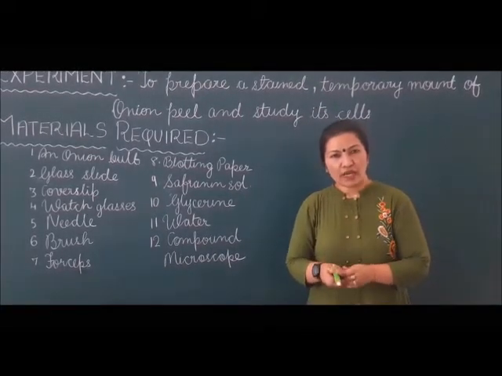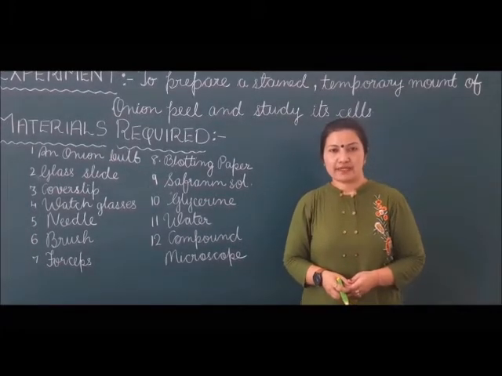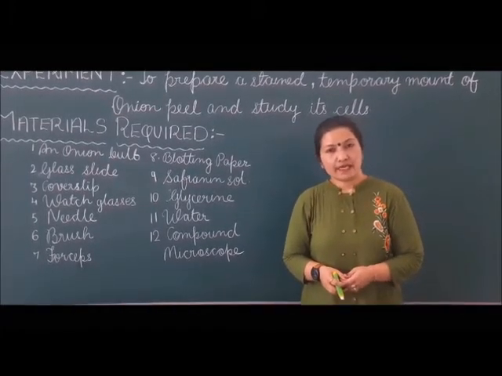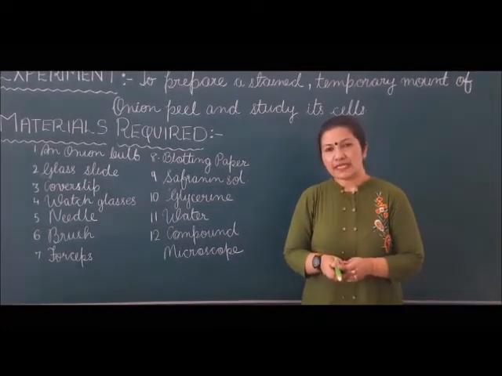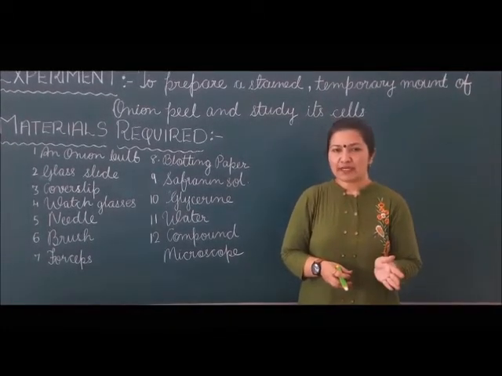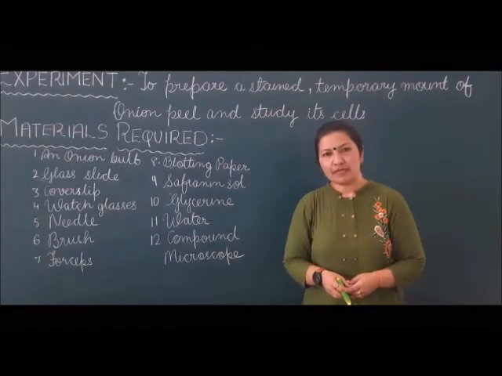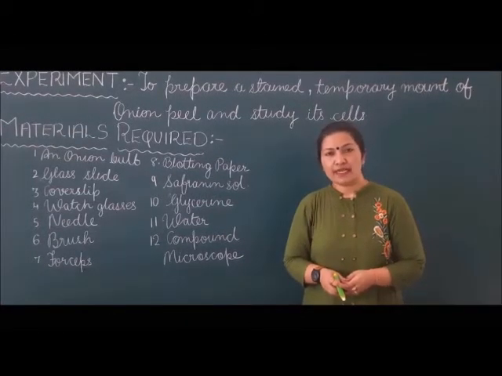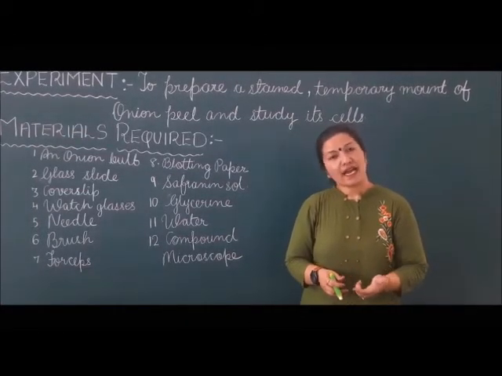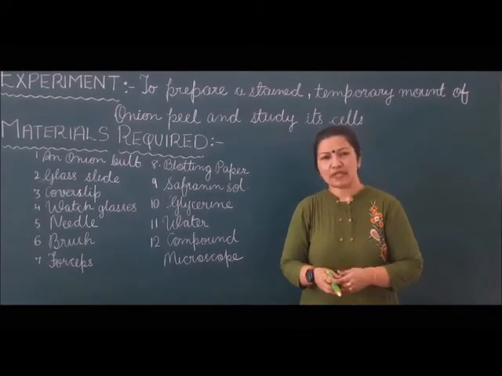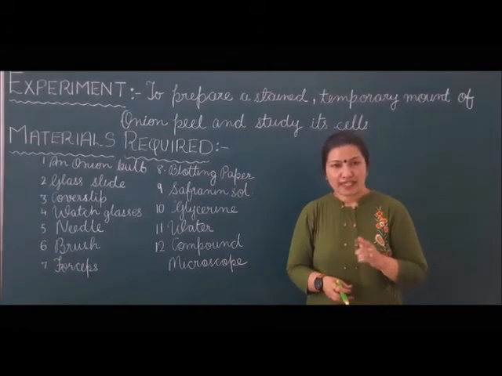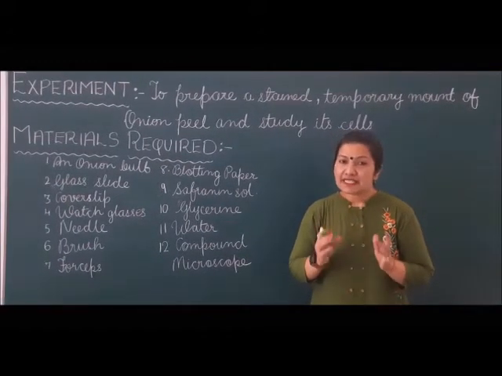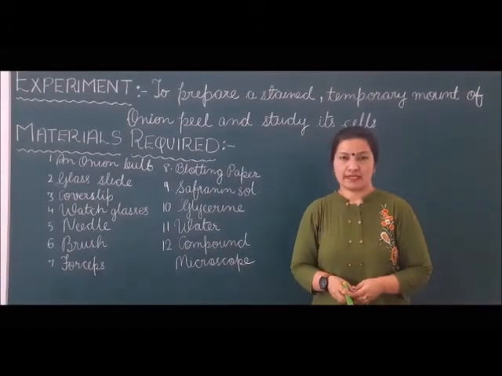So students, all living organisms are made up of cells. A cell is a basic structural and functional unit of life. Cells are divided into prokaryotic cells and eukaryotic cells. In a prokaryotic cell, a well-defined nucleus is absent, and most cell organelles are absent. But in a eukaryotic cell, a well-defined nucleus is present and different cell organelles are also present.